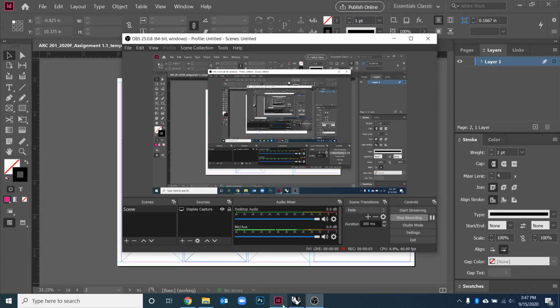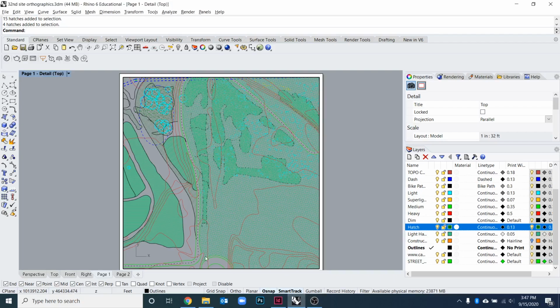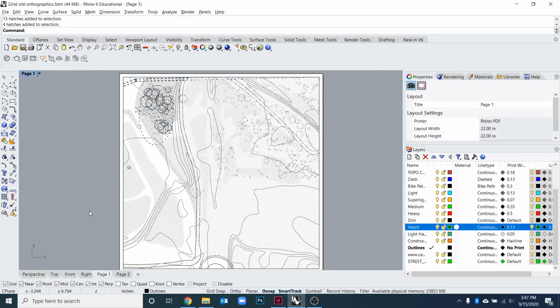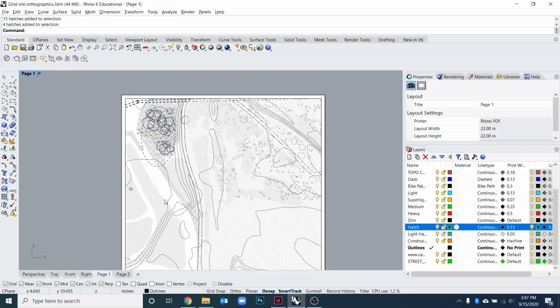Okay, so in this final video, I'm going to show you how to get your drawings out of Rhino and place them in the InDesign document. We're going to cover the process for that, and then also how to think about the scale of these drawings. And so this one I filled in a little bit more, although it's still not complete,